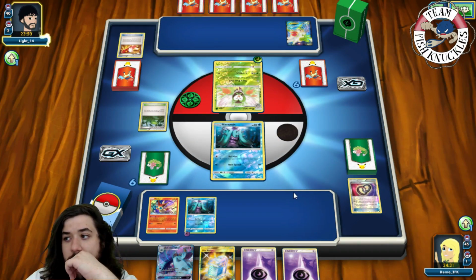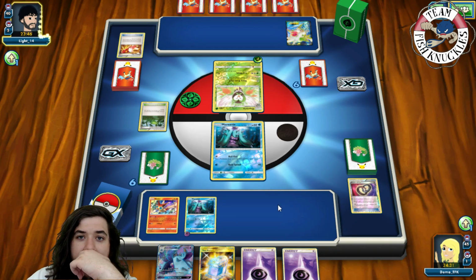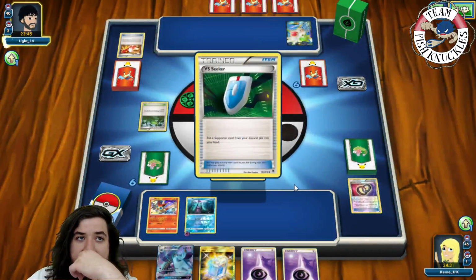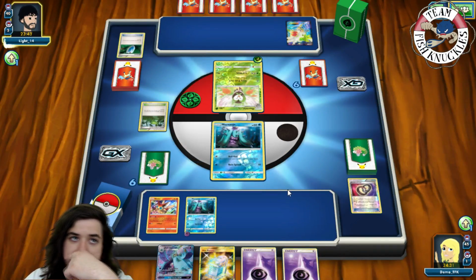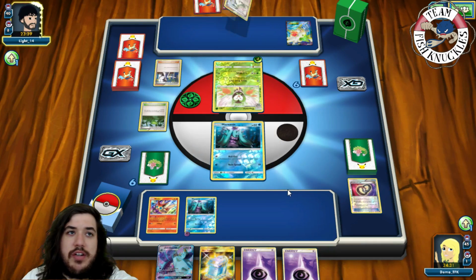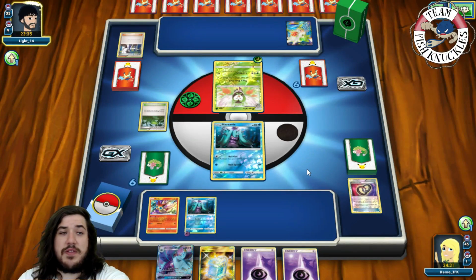Alright. On our opponent's turn, he has 4 cards in hand. Does he have another N? He can take a knockout this turn. A DC will give him a knockout. There's a VS Seeker for Sycamore. Okay. So, he goes Sycamore, discard his hand, draw 7 cards. Discards a second Vileplume. If he does not hit Revitalizer, it's going to be hard for him to get the